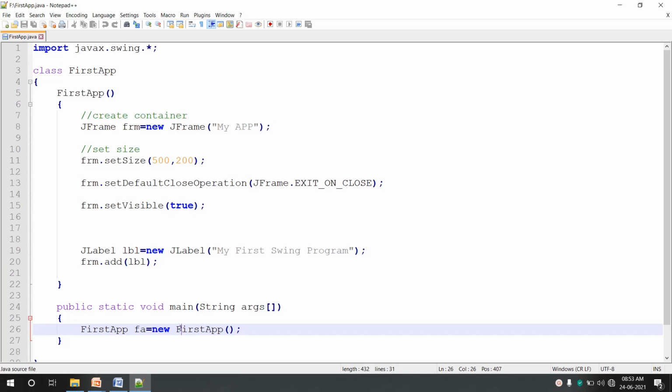but it is suggested that all Swing GUI and event handling should be done on event dispatching thread to avoid any potential for deadlock. The GUI and the events need to be handled on a single thread, that is event dispatching thread.